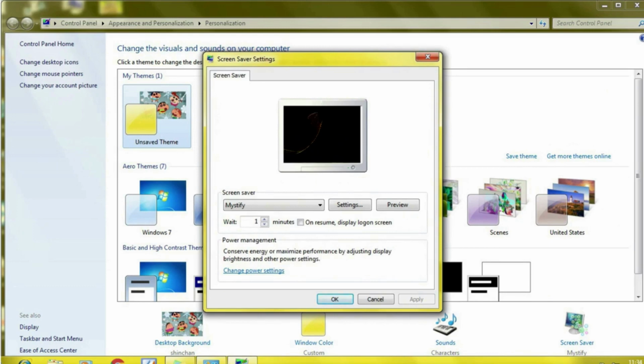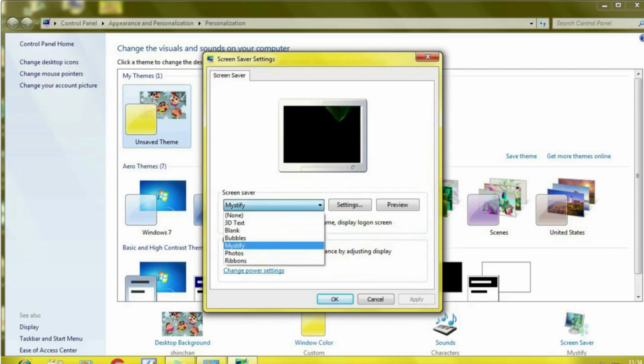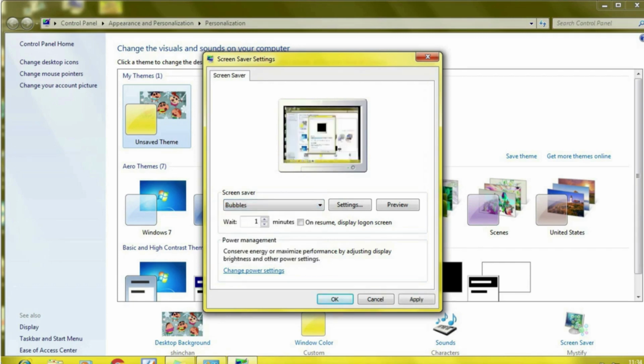In the screensaver dialog box, click on Screensaver drop down menu. You can see different options here like 3D text, blank, bubbles, mystify. Now I am selecting bubbles, and we can set the timing here in the wait button. So you can increase the timing by clicking here, decrease the timing by clicking here. I am setting this as 1 minute,